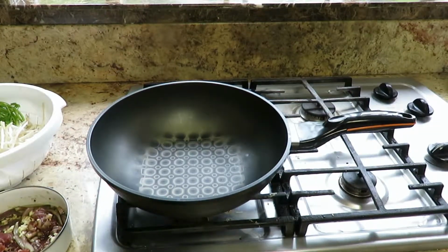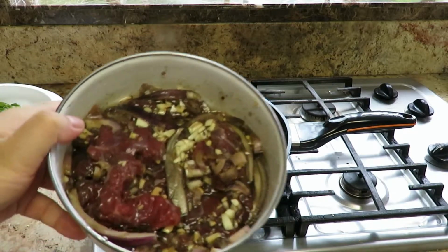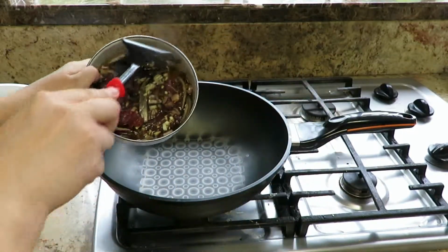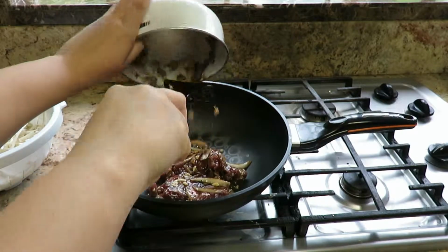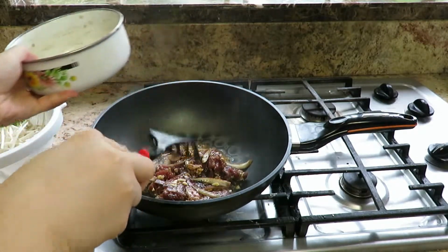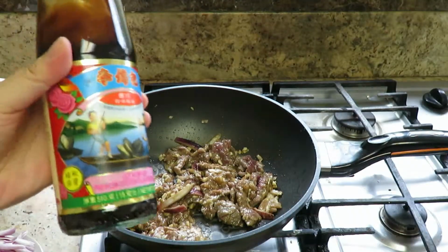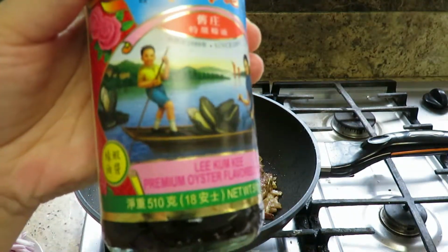Okay, now it's time to cook the beef, and I'm just gonna throw everything in there. It has oil and garlic, so you don't have to put any of those extra things in there. Okay, so now we're gonna use some oyster sauce. Even though I already